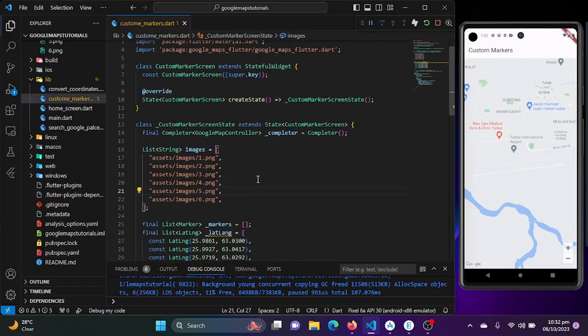Now here I have added six images because I want to show six custom markers on the Google Map. So that is the reason I have added six images. You can add more images, or you can also decrease your images for practice. I have added six to show you guys how we can add multiple images and multiple custom markers